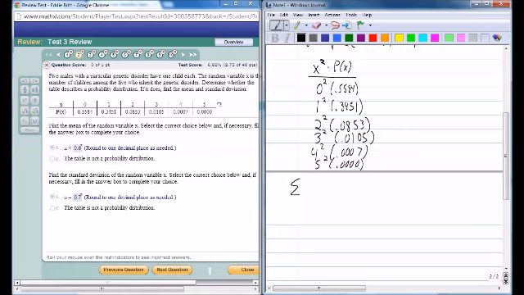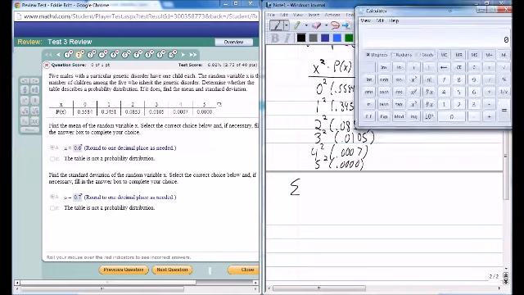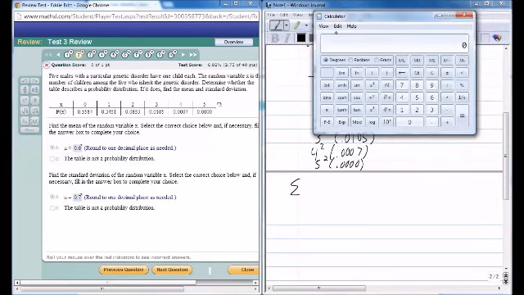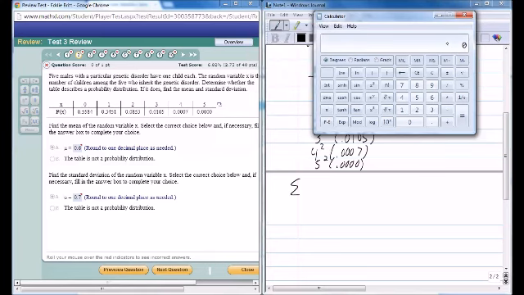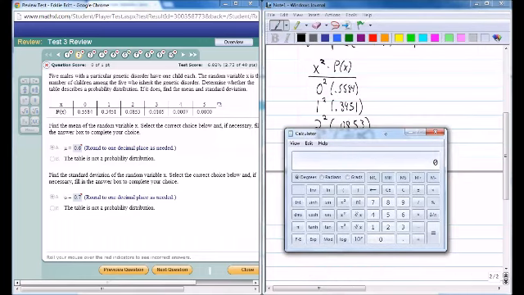What you'll want to do is find the sum of all of those. You can do that with any calculator. When I'm using a Windows calculator, I usually try to use the scientific mode, because I can put parentheses in it and it'll show me what I'm doing up here in the calculator. So watch this. 0 squared times 0.5584 plus, see, it shows you 0 squared times 0.5584 plus 1 squared times 0.3451